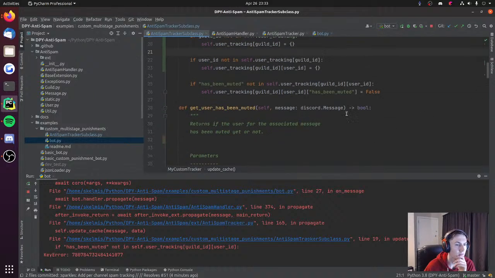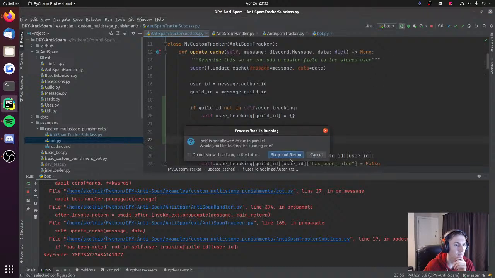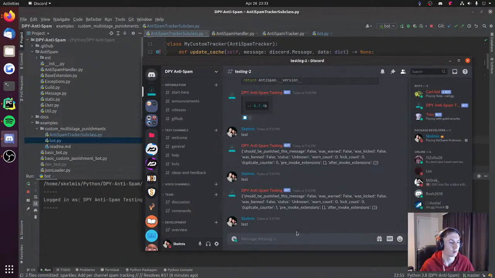And that way this should work without erroring, hopefully. That is the idea. I mean, the idea is everything works first try, but